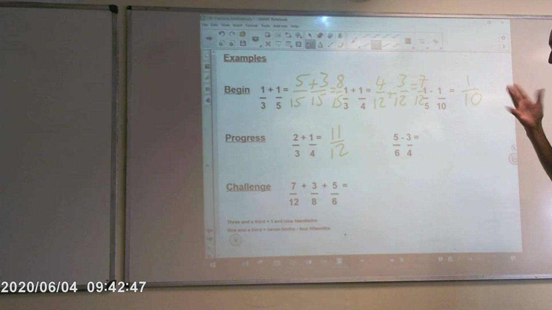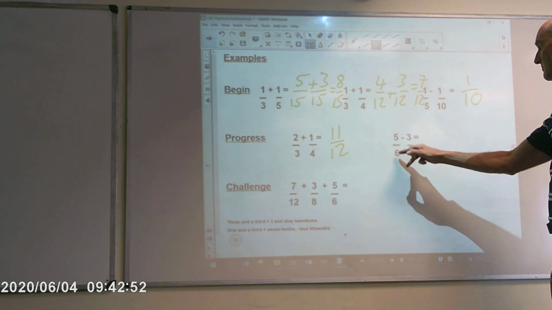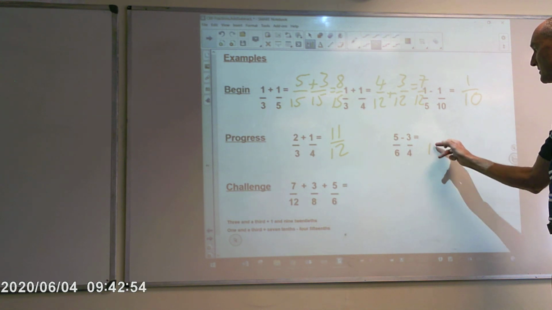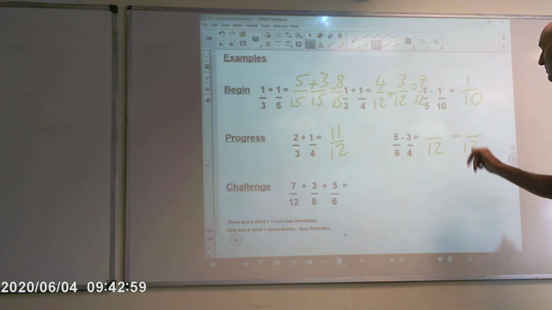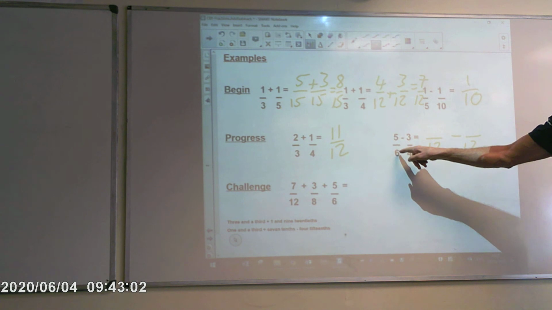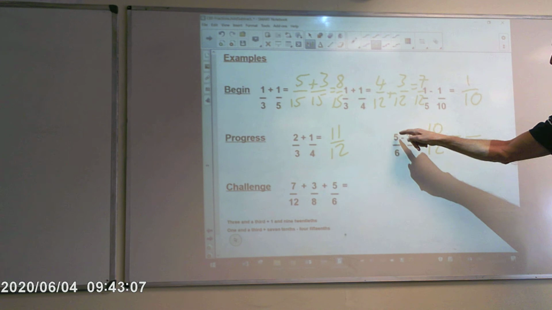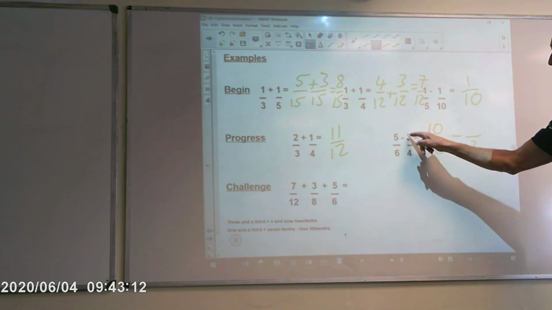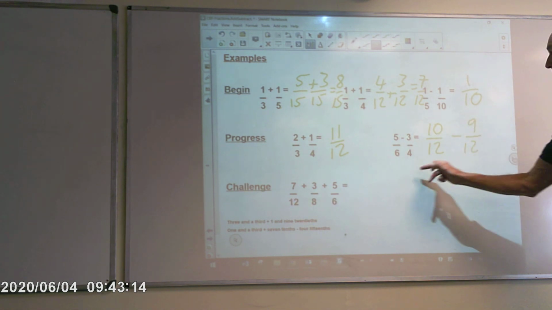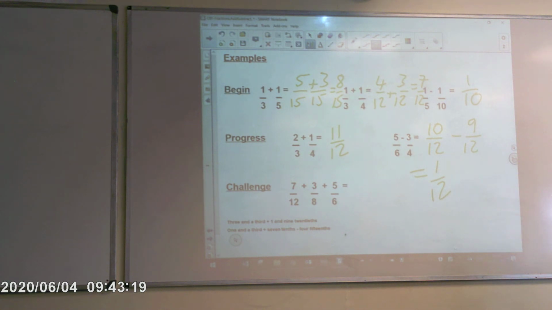Okay, let's have a little bit of a think about that one. 6 and 4, lowest common multiple is going to be 12. 6 multiplied by 2 gives me 12, so that's 10 on the top, because 2 multiplied by 5 is 10. 4 multiplied by 3 gives me 12, so 3 times 3 is 9, so that gives me 1/12 as the answer. The final example I'm going to do,